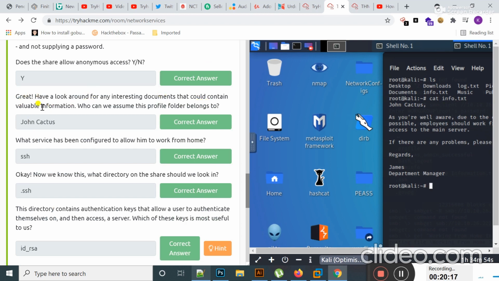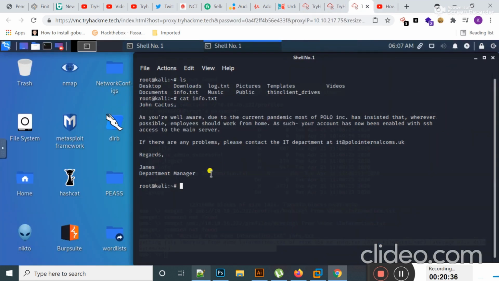And the question was, have you looked around for any interesting documents that could contain valuable information? Who can we assume the profile folder belongs to? So John Cactus, actually this is the user to whom the profile folder belongs.